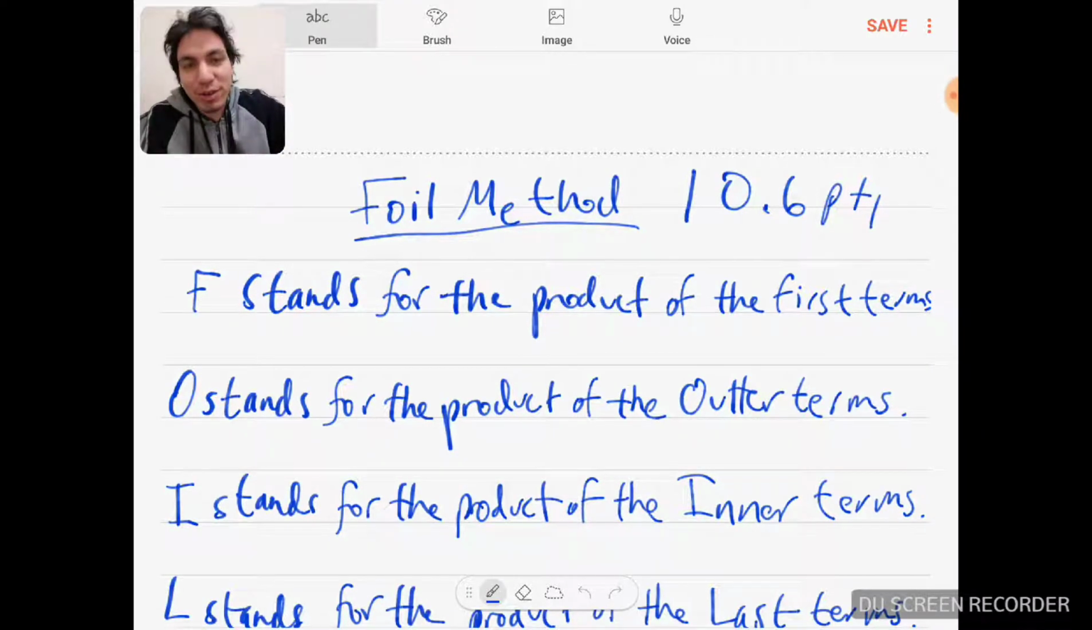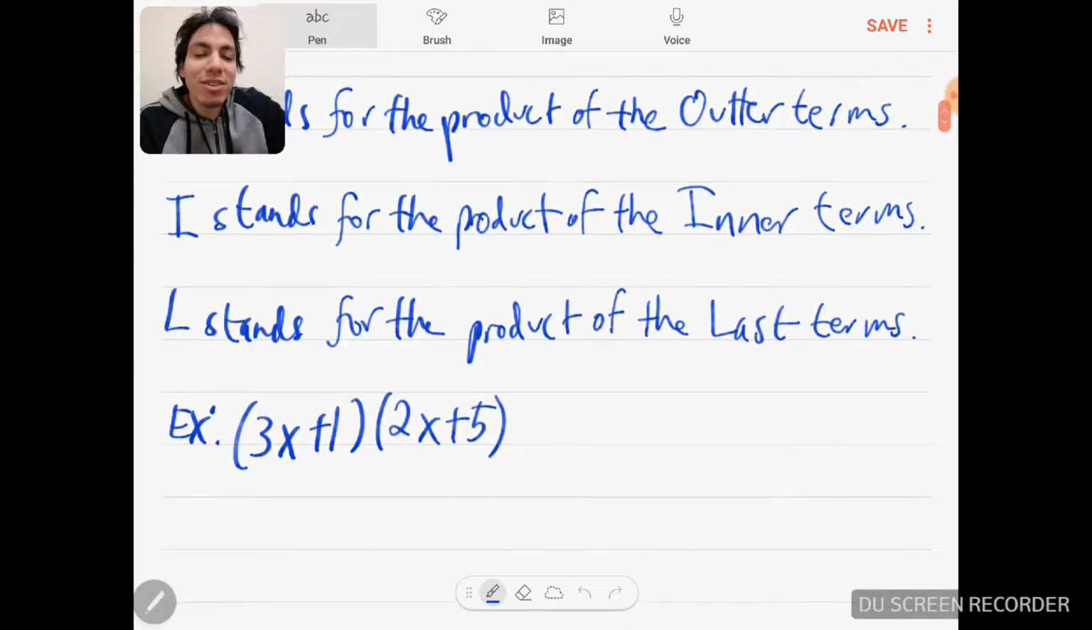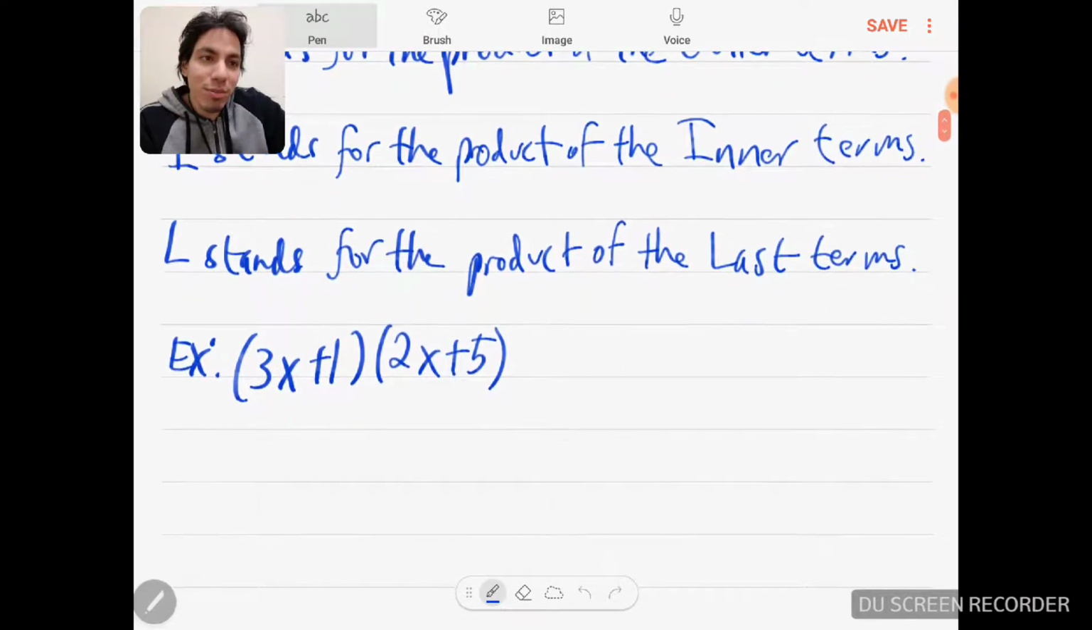Now, in my previous video, I was showing an extensive amount of examples of how to do the FOIL method, but I didn't really go in depth on explaining how to do the FOIL method. So, F stands for the product of the first terms. Meaning, you take the first term, you multiply by the first term. The O stands for the product of the outer terms. And then the I stands for the product of the inner terms, and L stands for the product of the